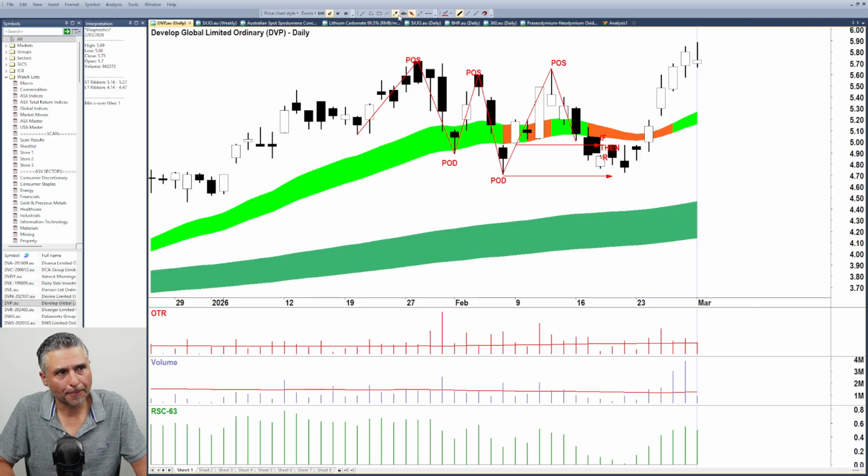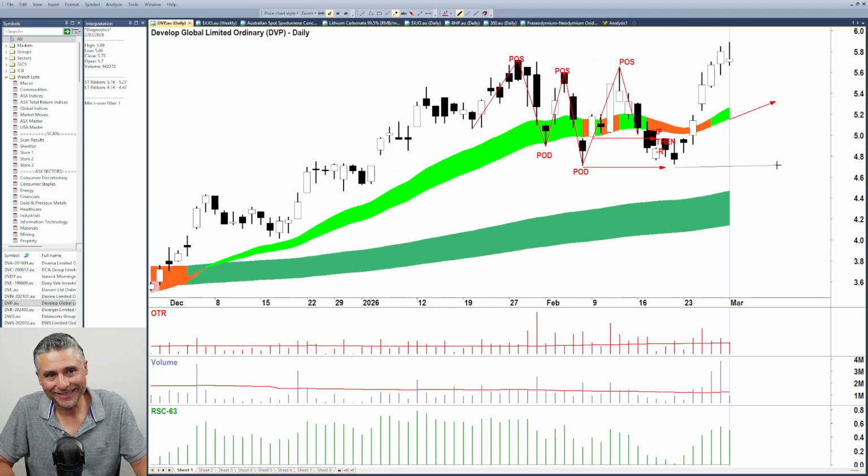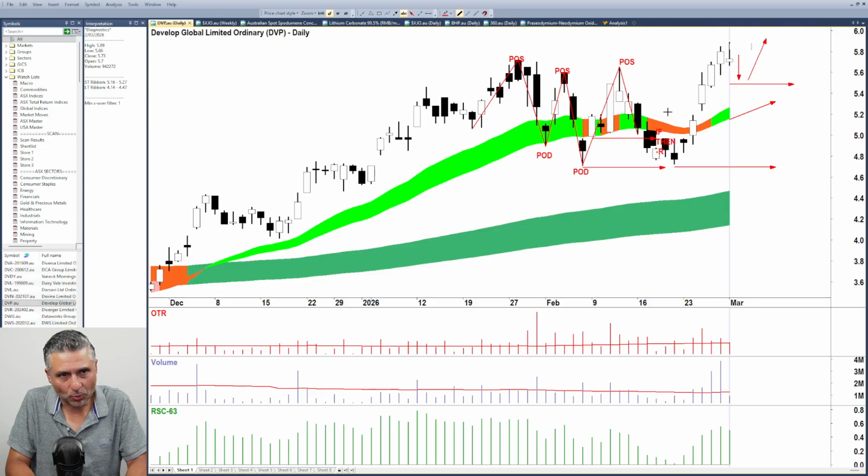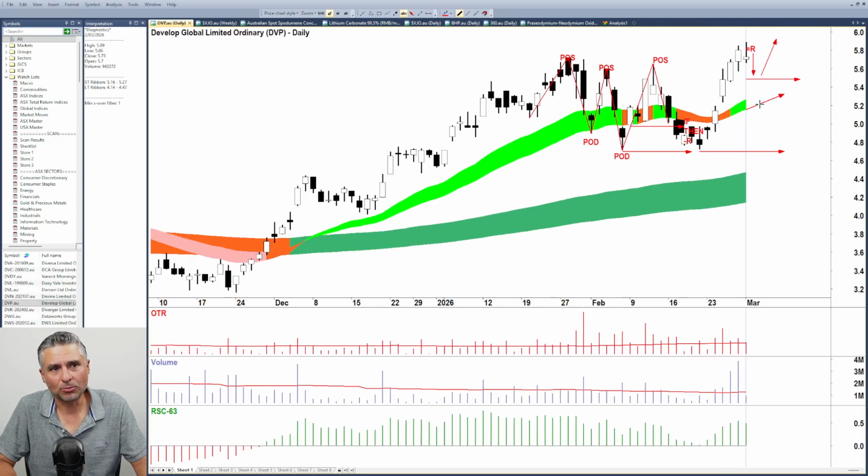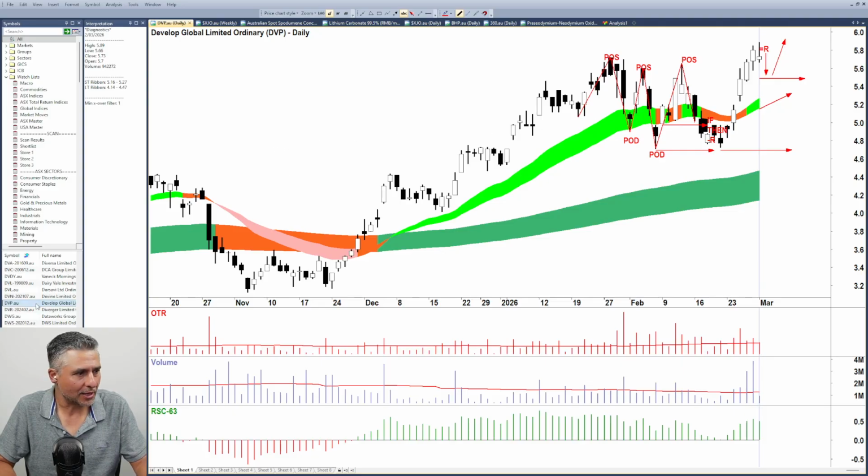So we've still got areas here that we could use to peg a minus R beneath, obviously, the short-term trend ribbon. This is a long way away, so we'd love to get a dink. The best thing that could happen here is a little dink, and then we could start to use that area as a minus R, because otherwise it's a long way away from here. But no, I can't see anything so sinister in that chart to warrant a minus R. I'm not a plus R, for obvious reasons. That last candle doesn't allow me to. But next demand side candle, I could certainly get back on board on this. It's just equals R for now.